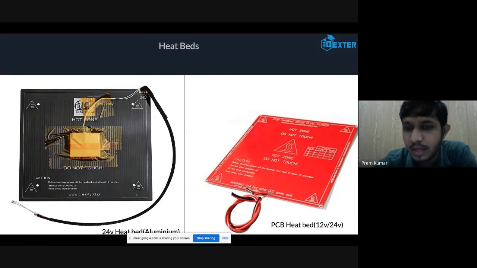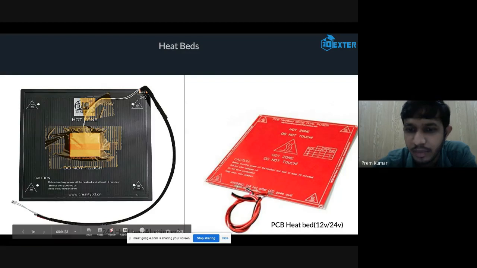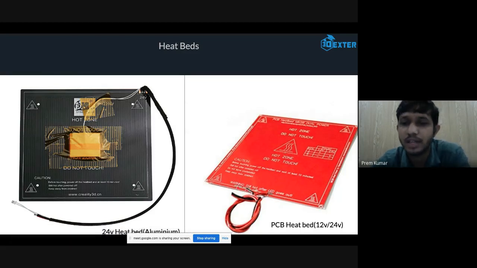Here there are also three terminals. One terminal is number 1, here it is written number 2, and here number 3. So we have three terminals. Depending on the kind of voltage system that you are using, either 12 volts or 24 volts, you have to make the connections accordingly, which means it can be used for both 12 volt and 24 volt systems. But you have to make sure that you connect it properly for the voltage system that you are going to use.